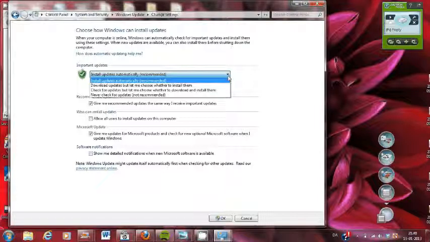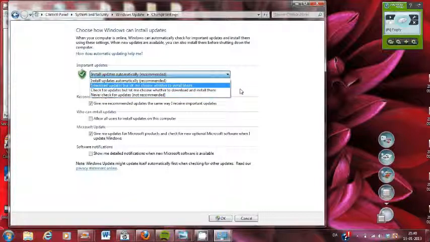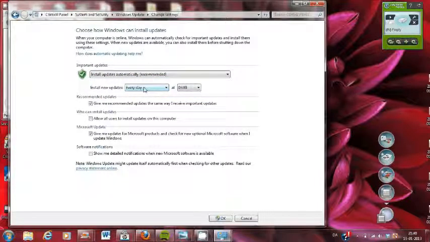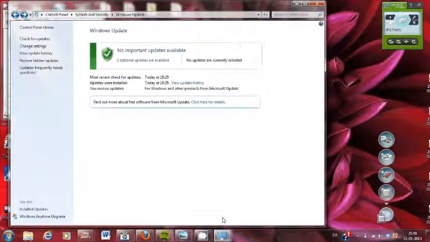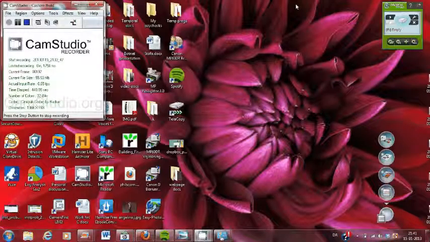Mine has been set to automatically download and install updates. So you can decide to choose whatever you want, guys, and also schedule the day and time to be more specific. And that is it. Whatever changes you make, guys, don't forget to click OK to store your changes. Yeah. And then the third thing, looking at antivirus utility tools, how we can use antivirus utility tools